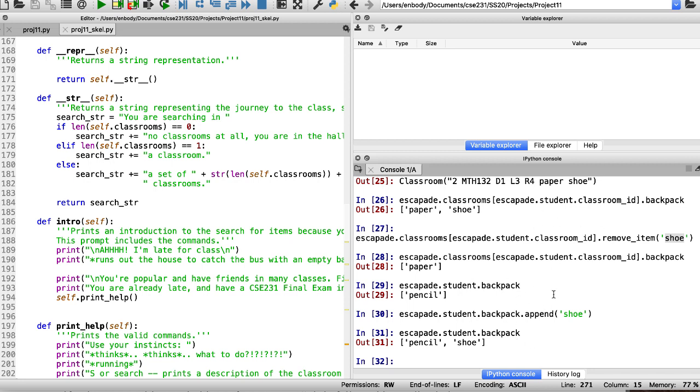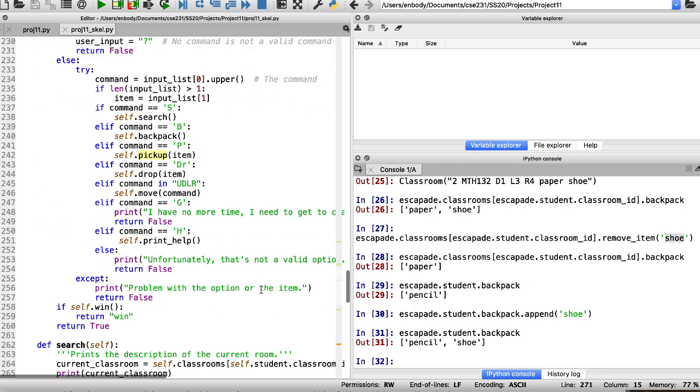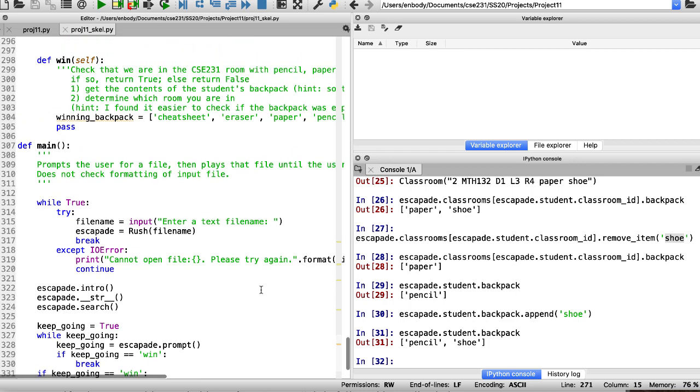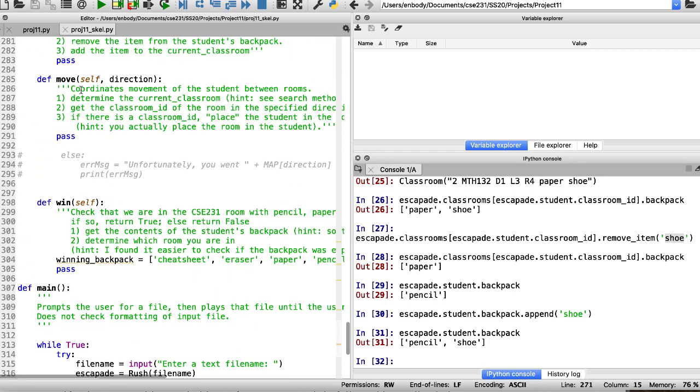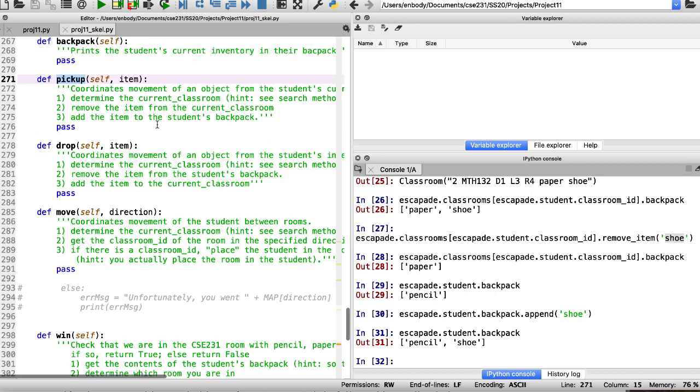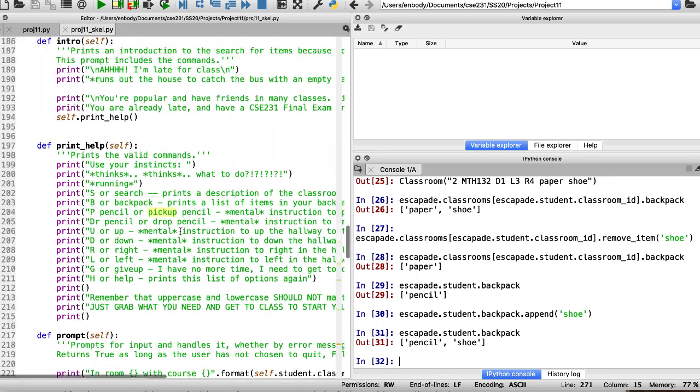I can use this as an area. It's like, okay, what's really happening with some particular method? Then I can go, all right, I wanted to do a pickup. Well, I can see what's happening here. What does pickup mean? It means going from the classroom's backpack into the student's backpack. All right, that's picking it up. Dropping is just the opposite, right? And what does it do? We're removing it from one backpack and putting it in the other,